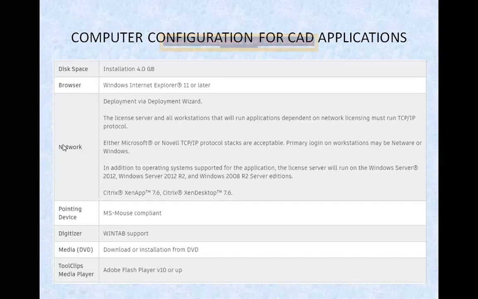So if you don't want any help from AutoCAD, you do not require any network. And we need pointing devices, and mostly we are going to use the mouse as a pointing device to run AutoCAD, and some digitizers, and media is required, and some media players. So Adobe Flash Player is required.